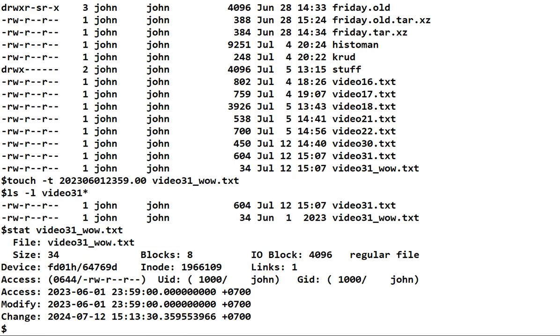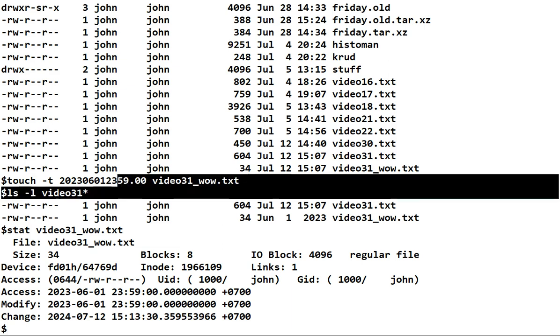So wonderful. We've learned how to use the touch command to either copy the timestamp, last modified time, from one file to some other file, or we can just set the file to the number we want that we come up with. And this is, again, Western years: year, month, day, hour, minute, and